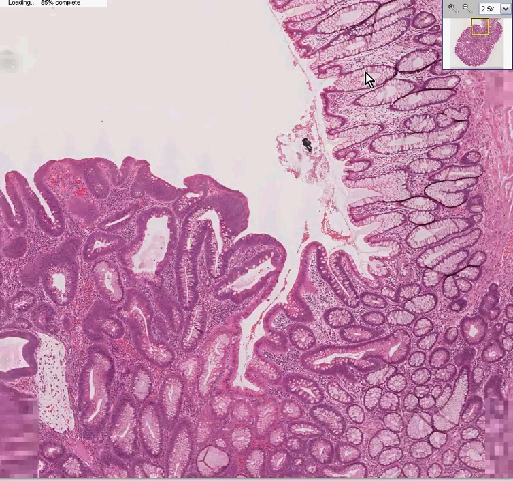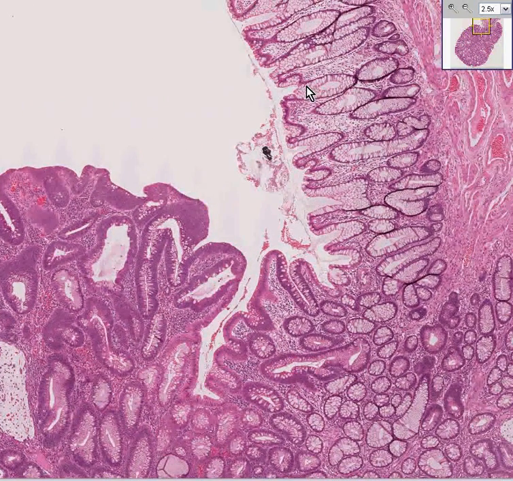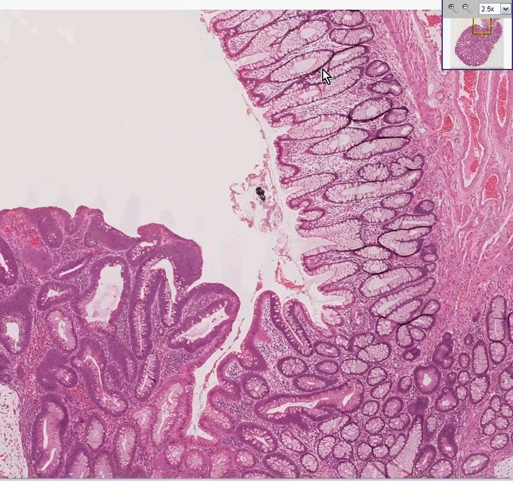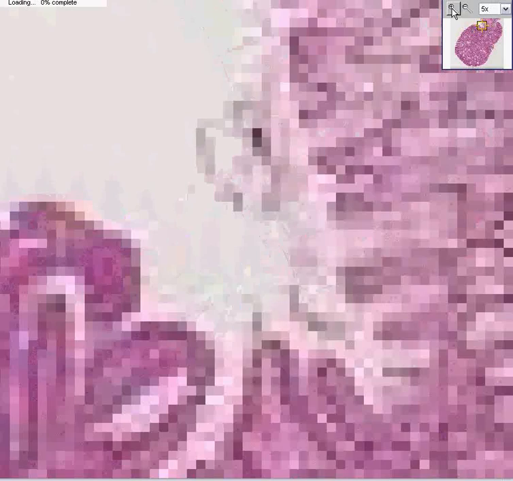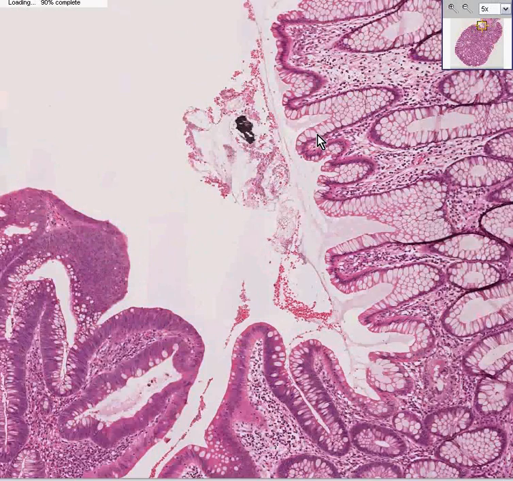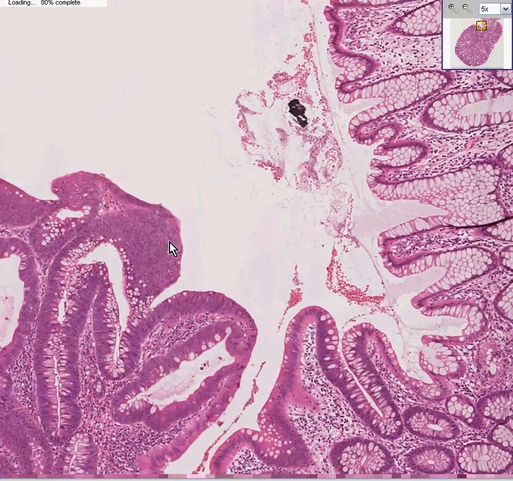Notice once again that in the normal mucosa you have an abundant mixture, in fact in this case mostly mucus type cells, although there are probably some absorptive type cells as well. Up here it's primarily goblet cells. Here's an absorptive cell, however, and here's a couple here. But often,